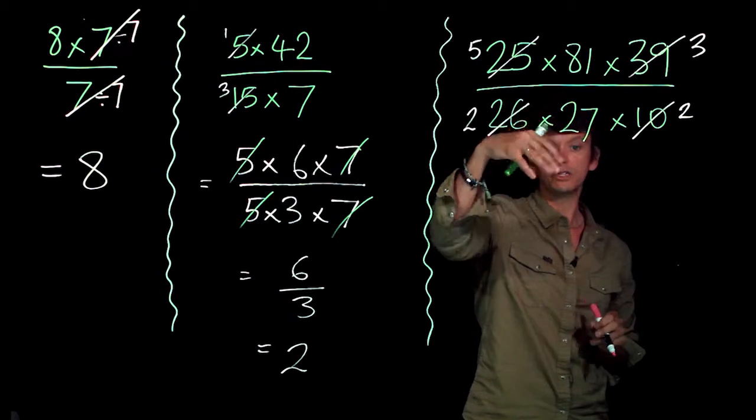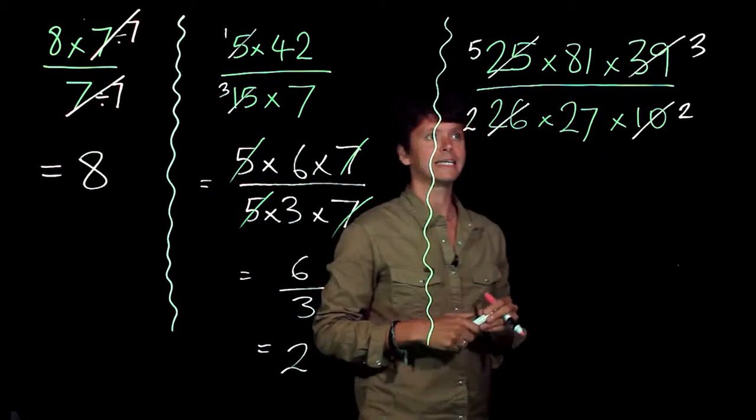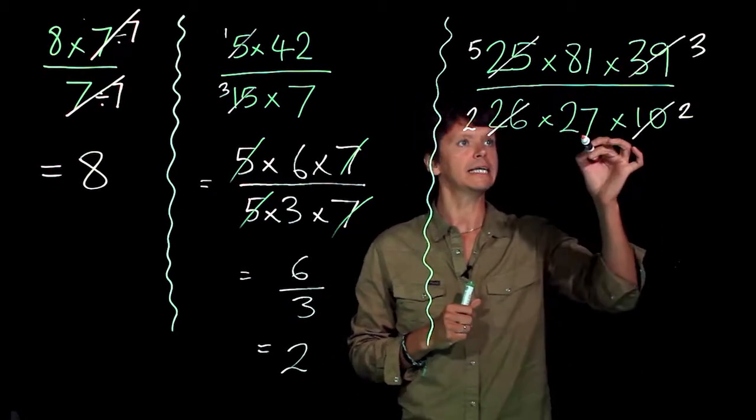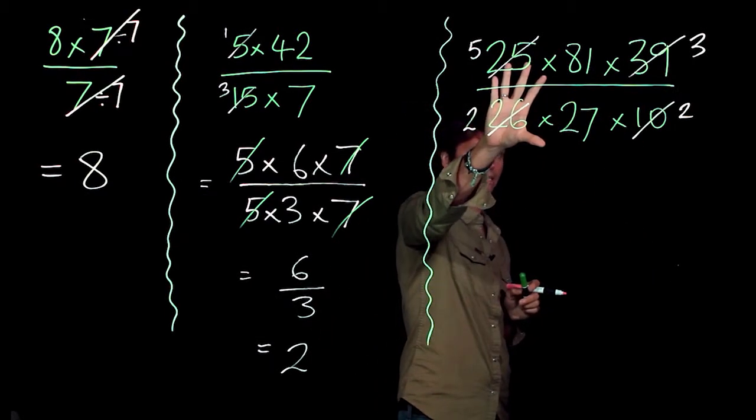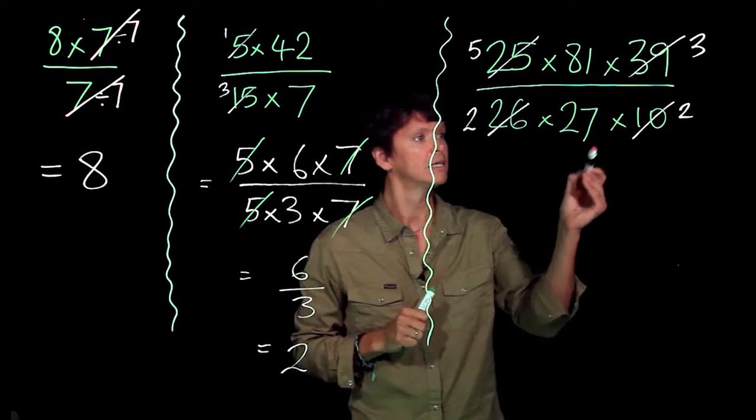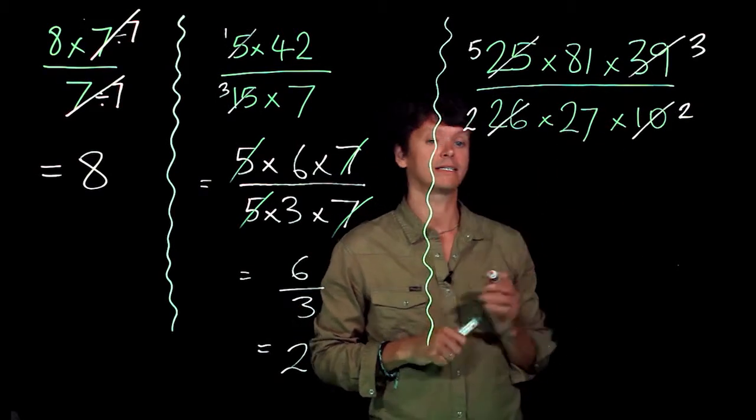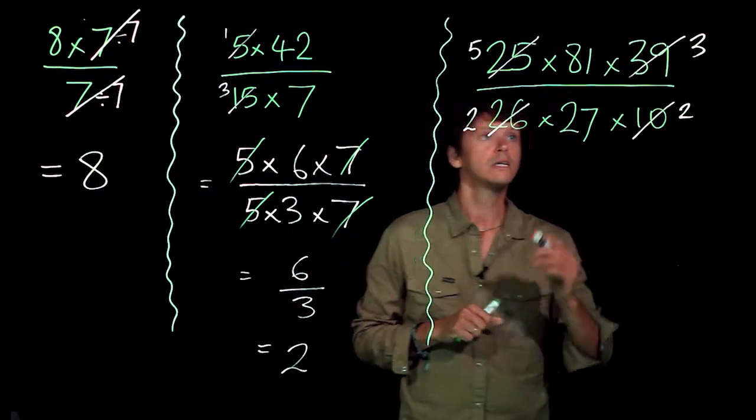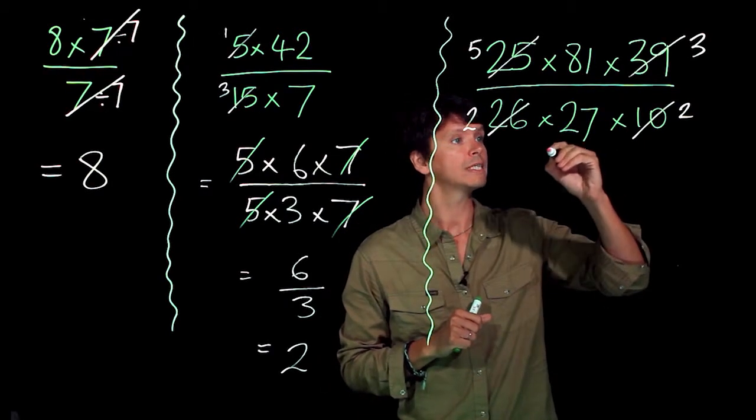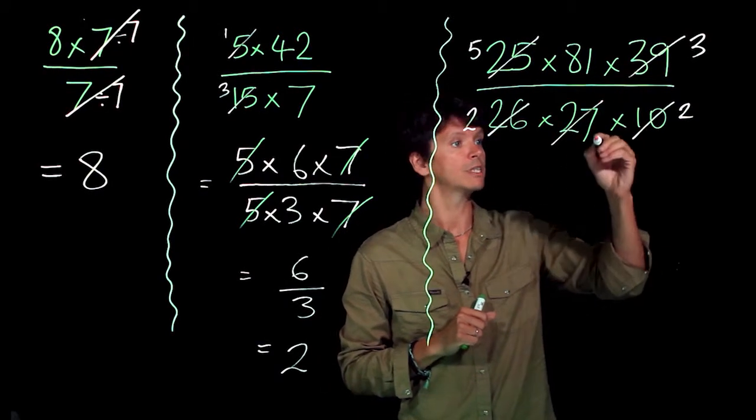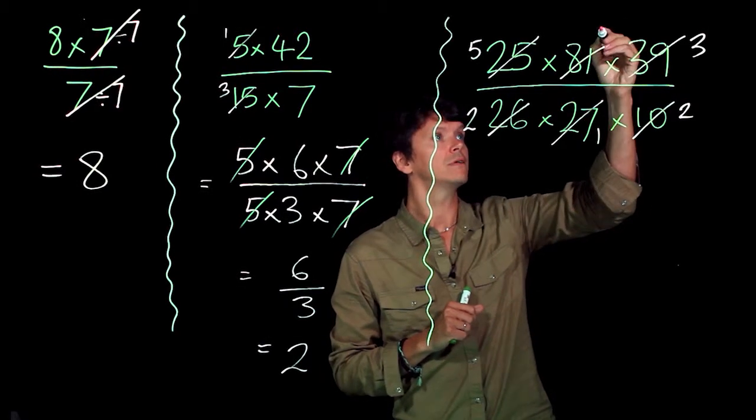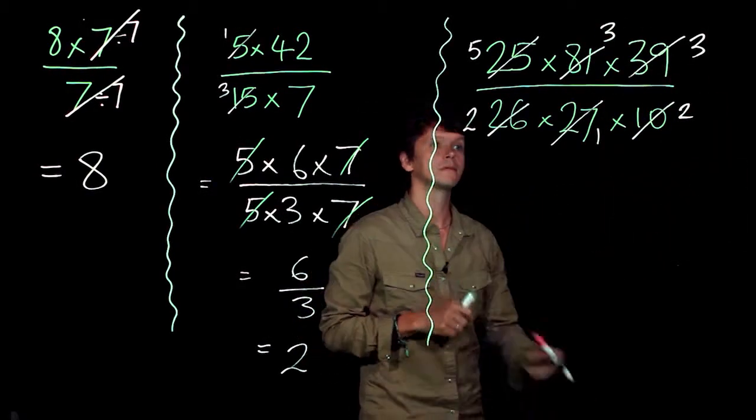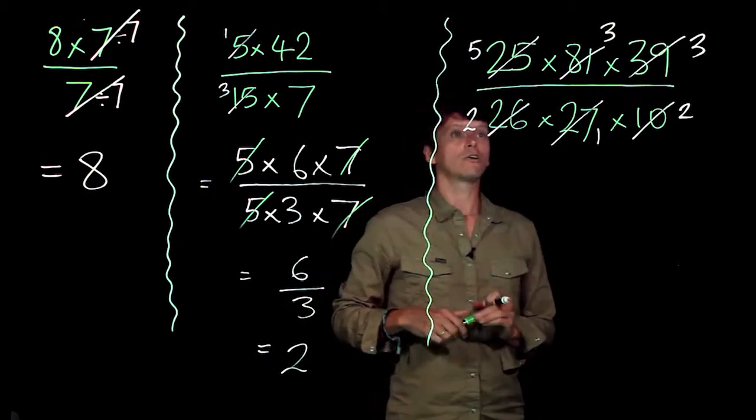And what do we have here? 81 and 27. Do they have common factors? Yeah. Common factor there is 9. There is actually a larger common factor there as well. You might notice that 27 is a factor of 81. So we could just divide through by 27. 27 divided by 27 is 1. 81 divided by 27 is 3. So what we've now got is